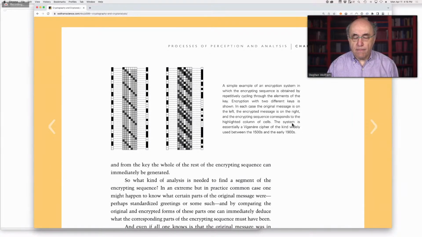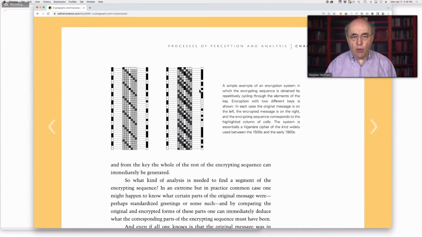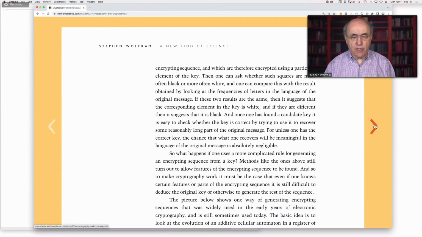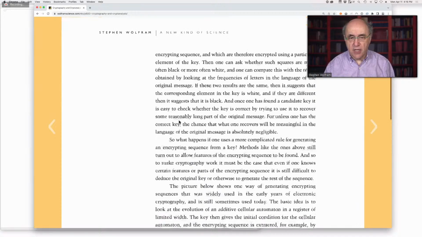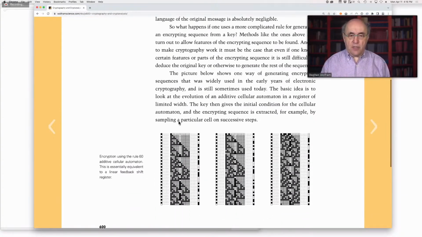So, okay, this is a very straightforward cryptographic system. This is a running key cryptosystem that runs through different sequences to pick up what the key should be. And that's rather easy, that was broken in the 1500s or 1600s as a practical cryptographic system. Okay, here's another example of a cryptographic system.